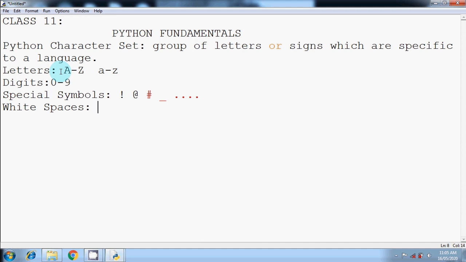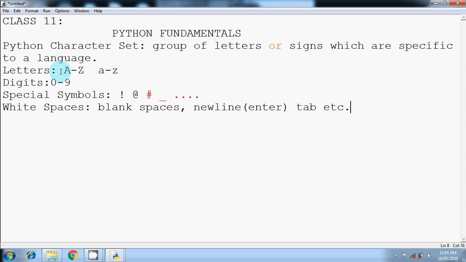Now coming to the white spaces section. This is something new to learn. In the white spaces section, we include not only the blank spaces but also the new line which comes from the enter button and then the tab. Basically that's the 5 spaces that we take from the tab, etc. So anything which is not actually visible as a symbol, unlike the rest of the 3 sets, comes in the white spaces section. So this is the complete Python character set.